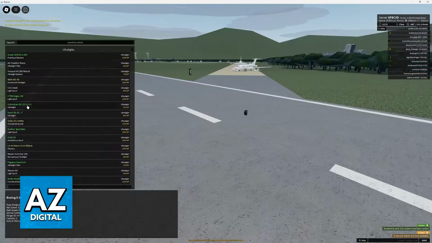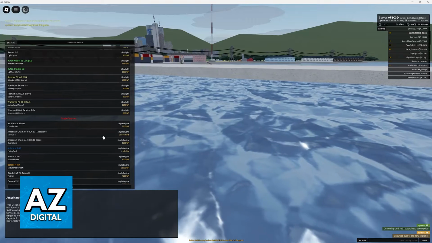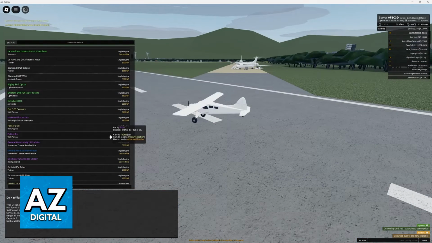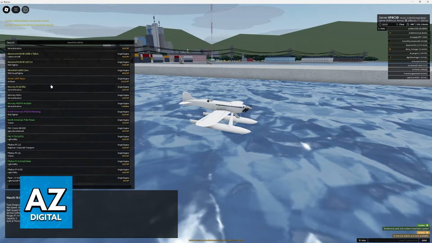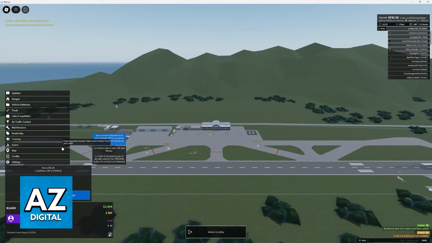You can do the same by going over to the vehicle database, and all of them will be present here as well. So you can preview all of them and then choose the option to buy. As long as you have enough currency, they will be added into your account. And you can use them when you have them selected here.